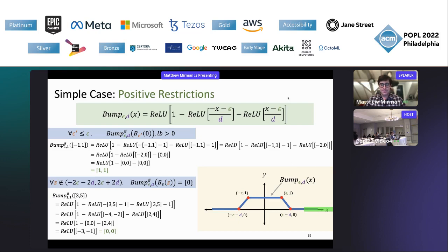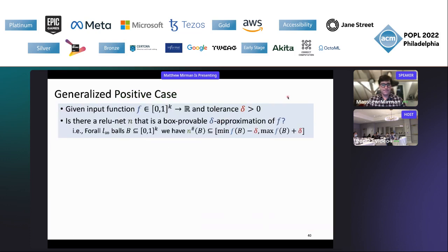Once we have these bump functions, we add them together, and knowing that they don't overlap, we never have intervals that have any width added to any other intervals, or intervals of different width added to other intervals at points around epsilon around each of the data points in our data set.